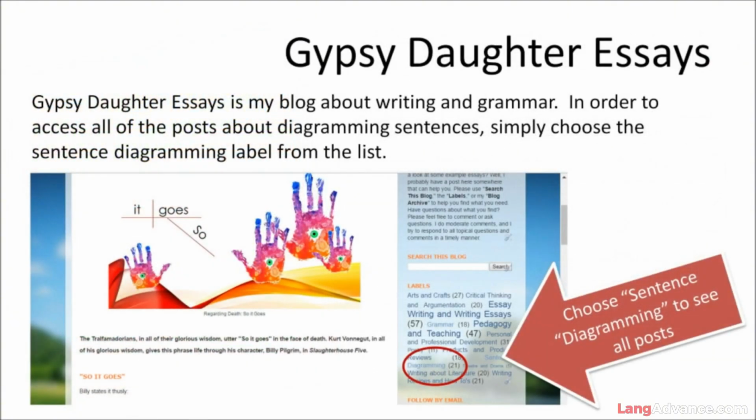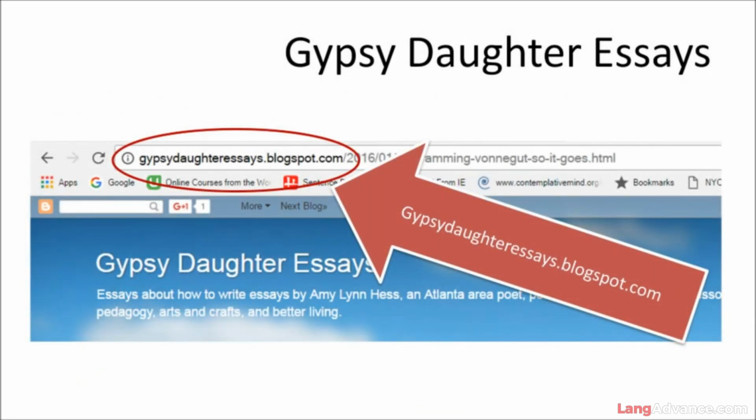So in addition to the textbooks, I also have a blog called Gypsy Daughter Essays, and it's a blog about writing and grammar in general. I use it also for my college students. In order to access all the posts about sentence diagramming, you just need to choose the sentence diagramming label from the list of labels. There are all kinds of labels to choose from, but if you just want to see the sentence diagramming posts, just choose sentence diagramming from those labels to sort through the posts. And the Gypsy Daughter Essays URL is just